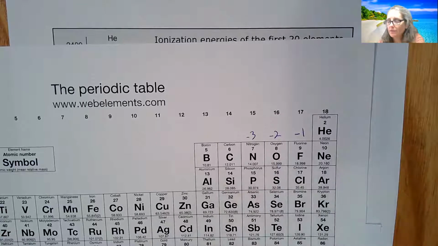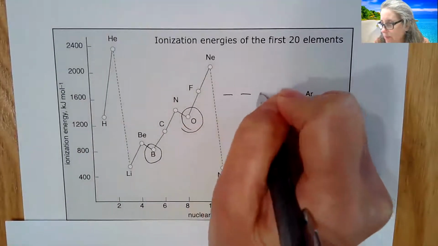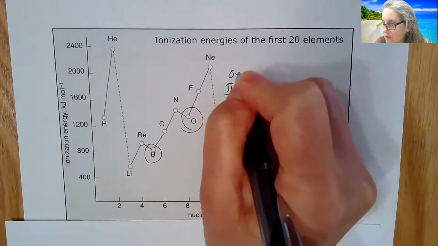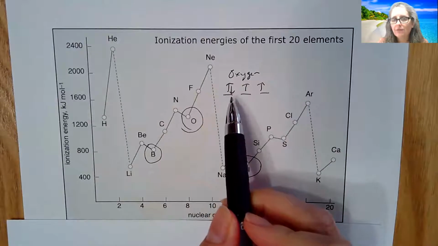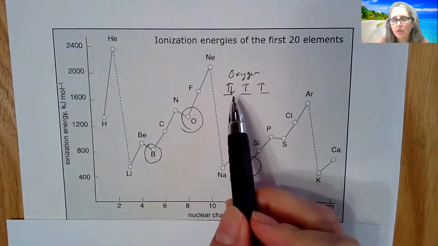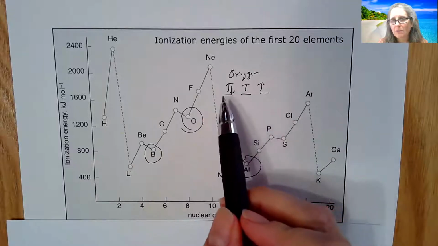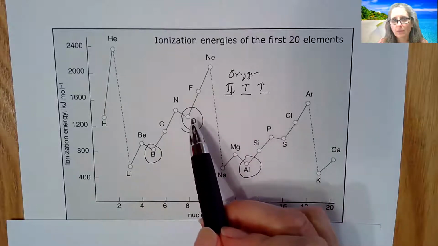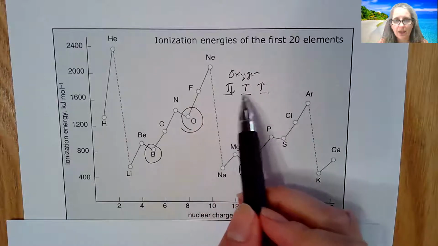So oxygen's p orbital looks like that. It has that one extra paired electron making it unstable. If I remove that electron, it becomes half filled, and that's far more stable. So that is why you see a blip down with oxygen below where nitrogen is, because of that half filled